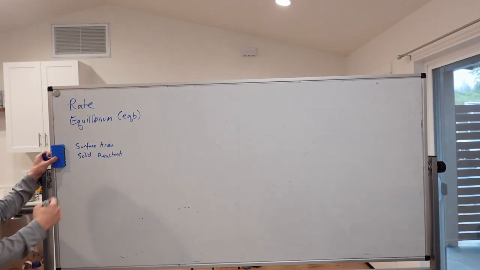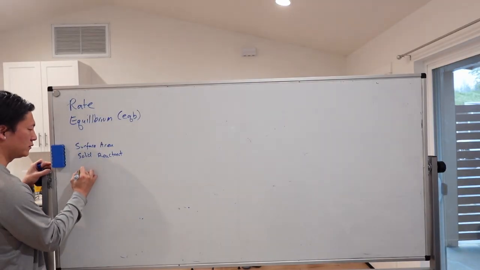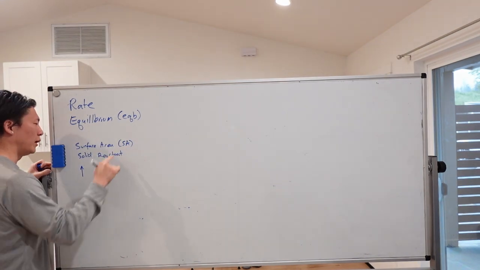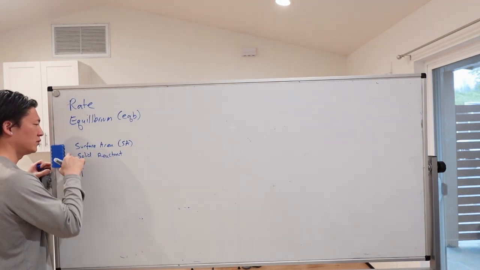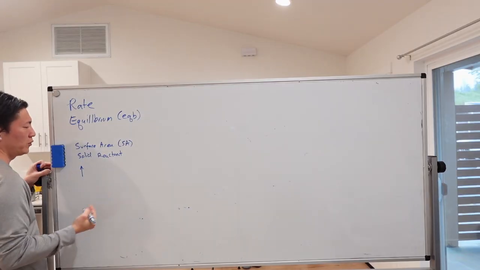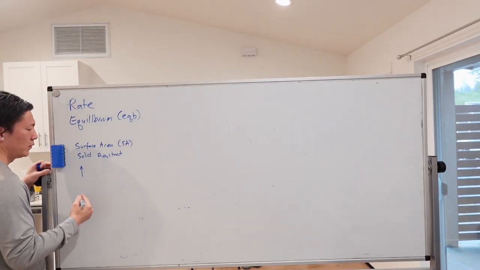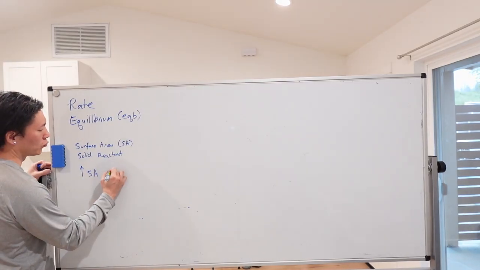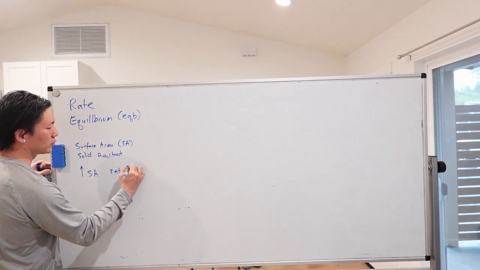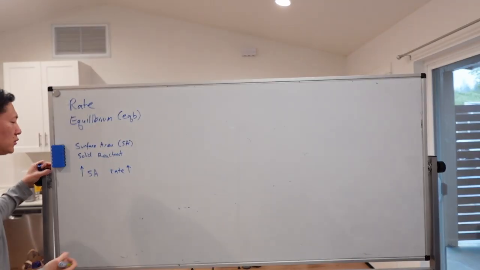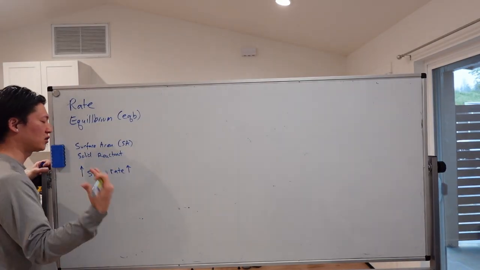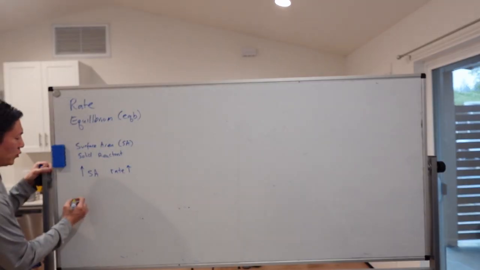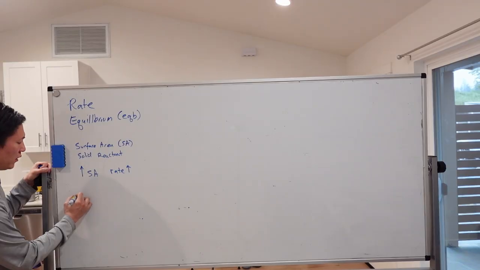If you increase surface area, we can call it SA, for solid reactants, if you increase the surface area, then the rate of a reaction increases. It's a faster rate. More products can form over time in a short amount of time. So an example would be like if you have